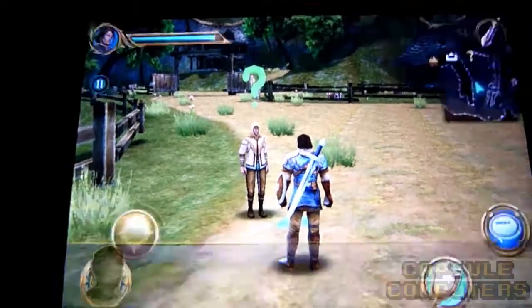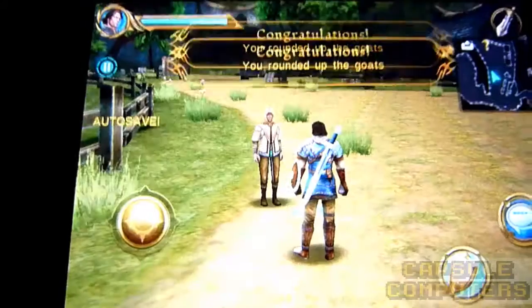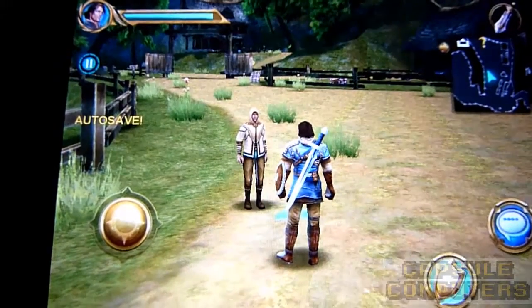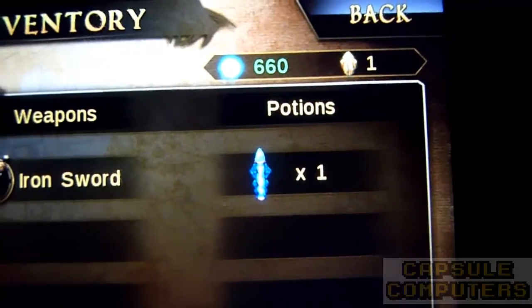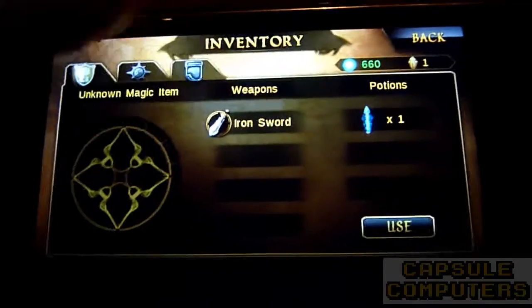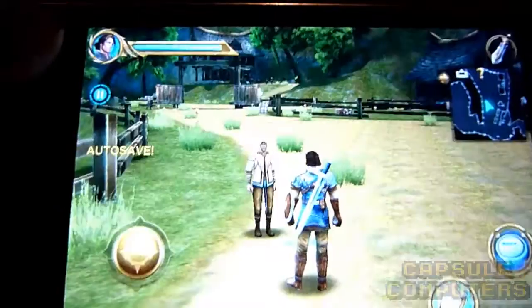He's going to give us a gift, and it's a strange pattern thing. It's like a relic, and we've rounded up and we've completed the side mission. Alrighty, so if you jump back in now, you're able to see that you've got a relic and you've got some money up there. And you've also got your potion, and that's it. So now basically go back to here, your side quests have been completed. That was the round up the goats, and we can go back and talk to our uncle